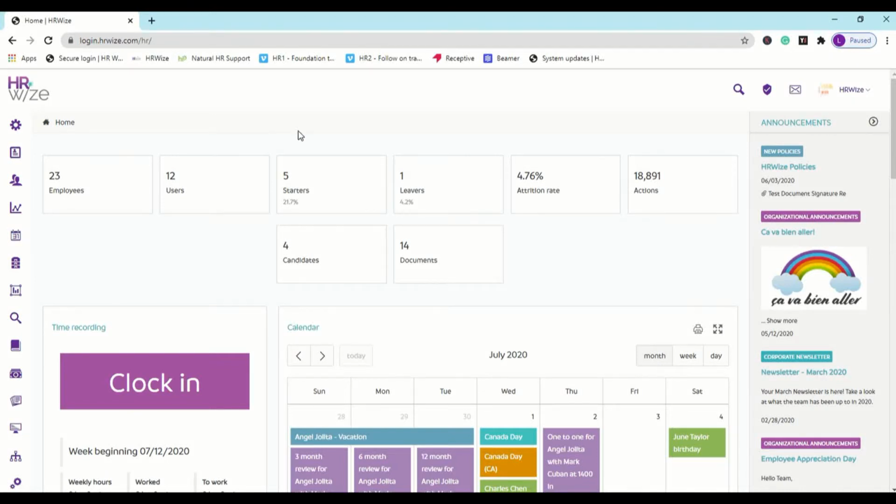360 feedback allows employees and managers to provide information about the colleagues they work with in a structured and organized format. By asking specific questions, you are more likely to get straightforward feedback. Now, before we look at how to request feedback, let's take a look at the questions in our custom